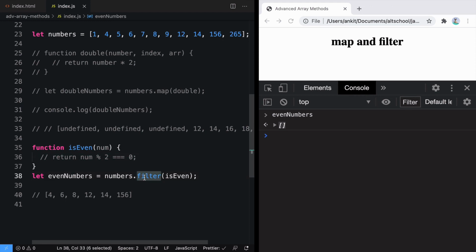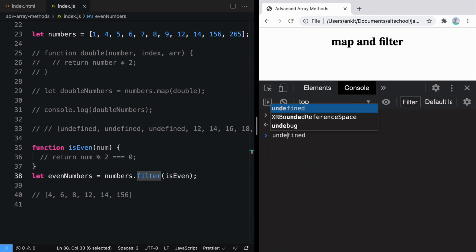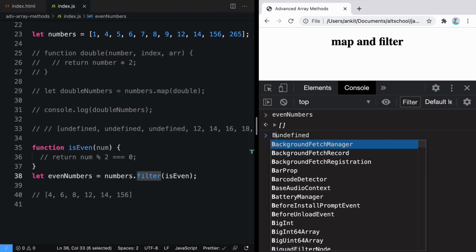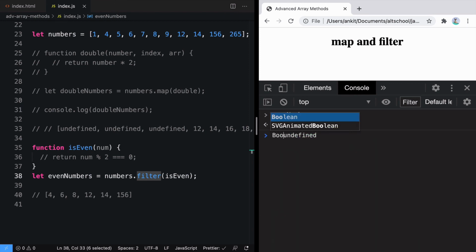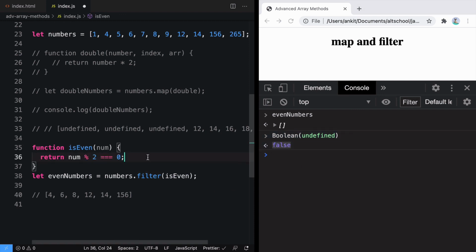Filter will try to understand undefined, but filter only understands true and false. It will not be able to understand the value, so filter will convert this value into Boolean, because that is the only thing it understands. And when you convert undefined into Boolean, you get false as a result. So whenever you return a falsy value, it will result in an empty array.